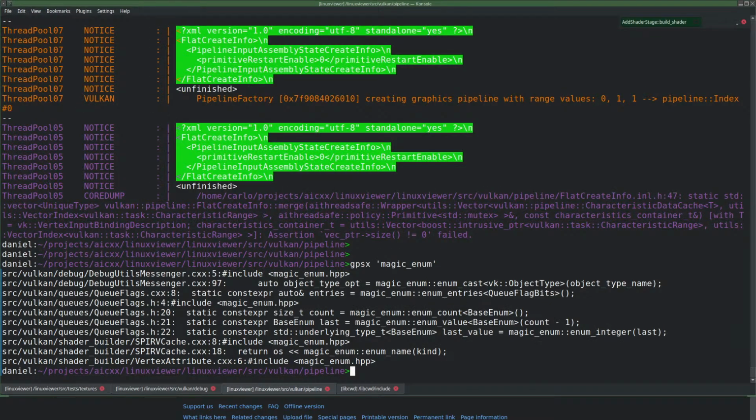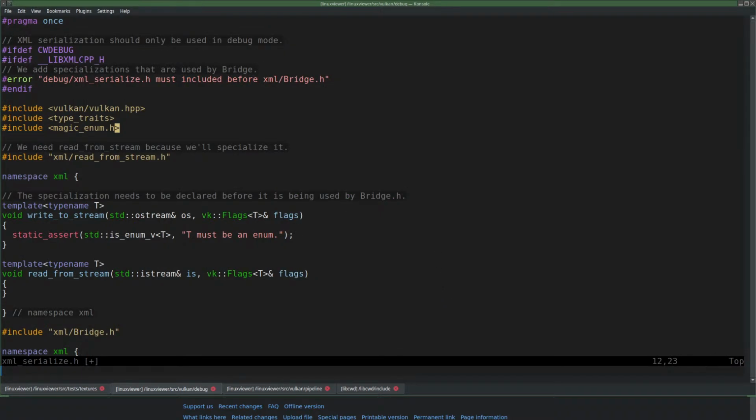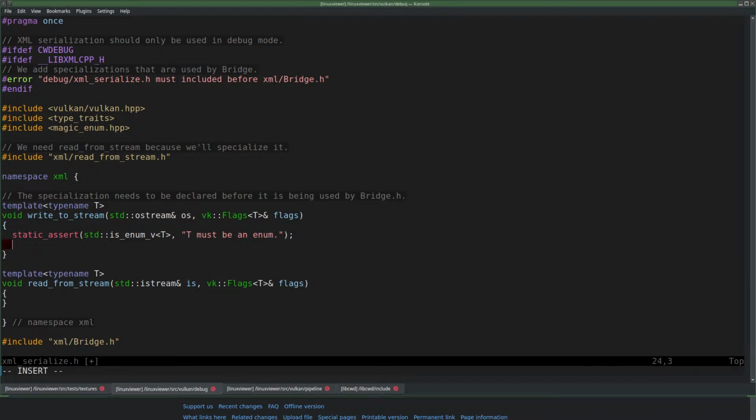Oops. And then I want to use magic enum to print the value. Oh boy, something is wrong here. Something is wrong.